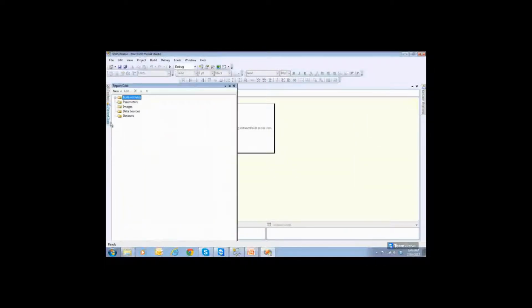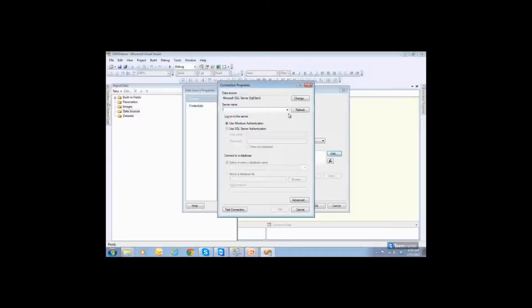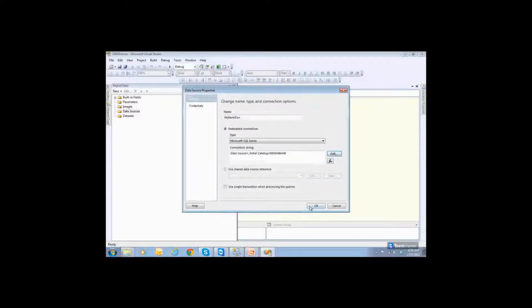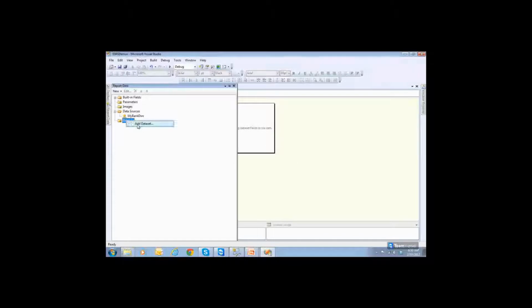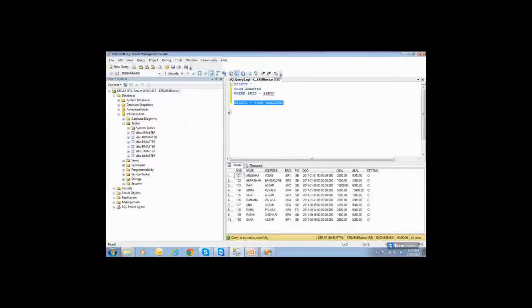Now create a data source, my bank data source, bank. Create data set branch details.